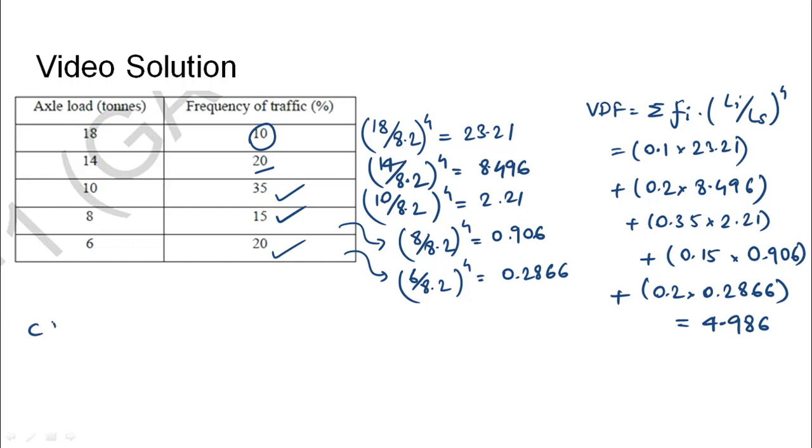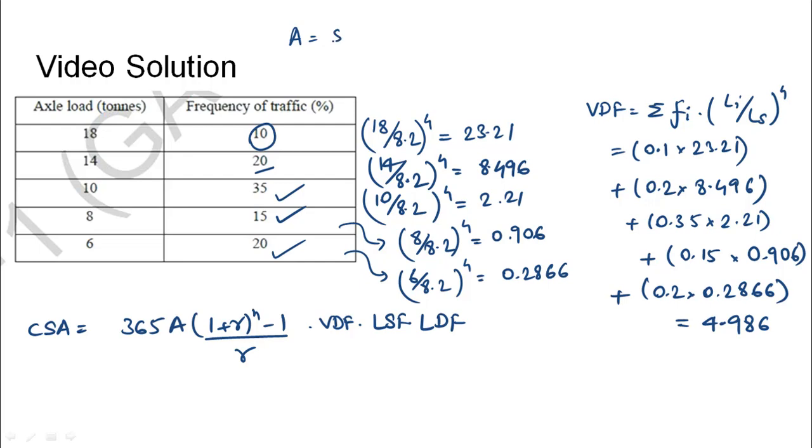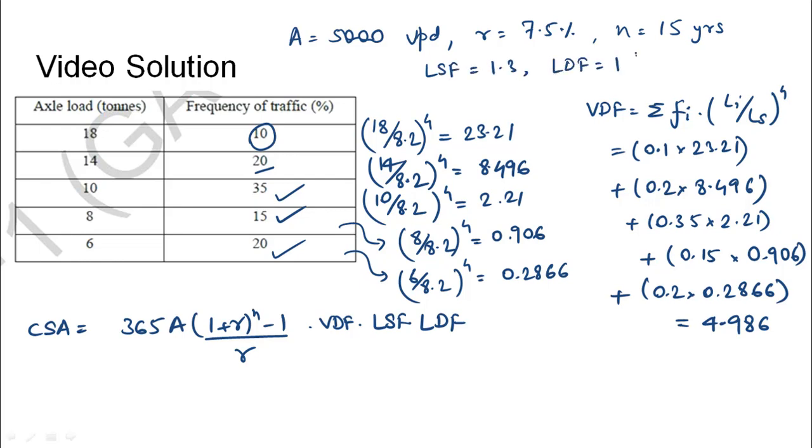Now we know that cumulative standard axle is given as 365 into A into (1 plus r) to the power n minus 1 divided by r, into the vehicle damage factor into load safety factor into lane distribution factor. In this case, A has been given as 5,000 vehicles per day. Growth rate has been given as 7.5%. The design period of the facility has been given as 15 years. Load safety factor is mentioned as 1.3, and since lane distribution factor is not given, it will be assumed as